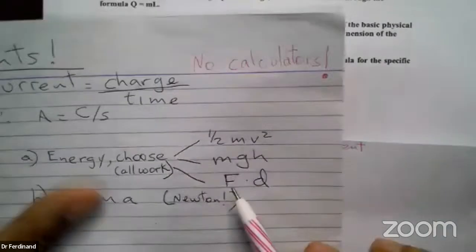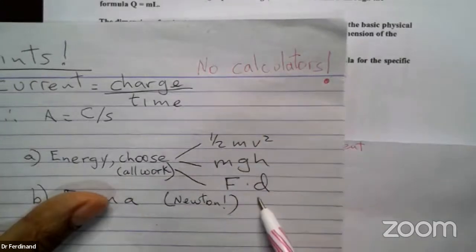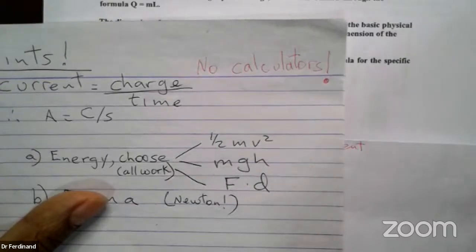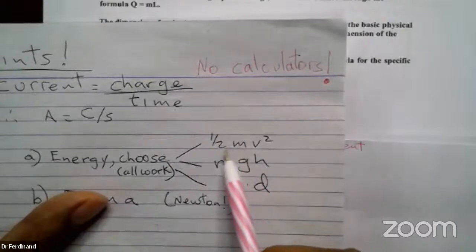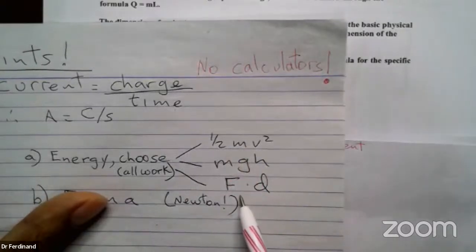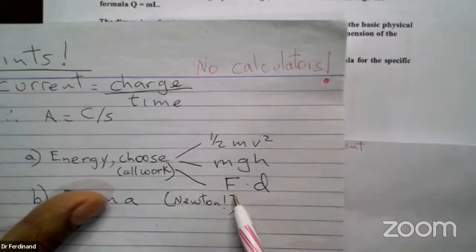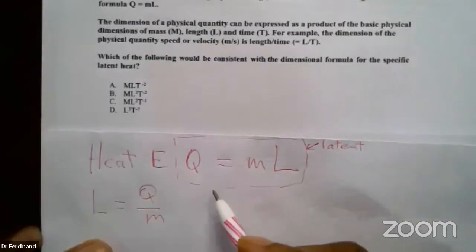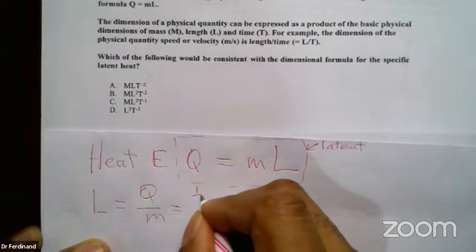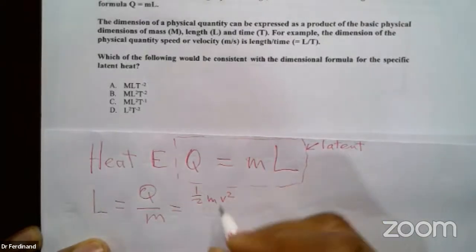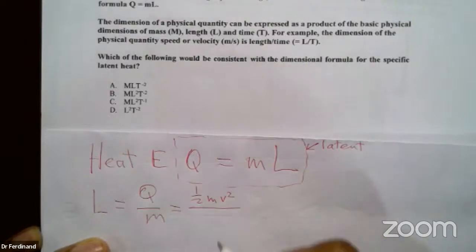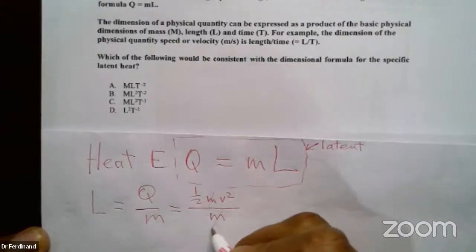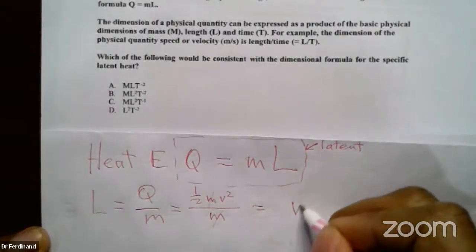And we already saw that heat energy can be any of these. So I can replace Q from a dimensional point of view, meaning the units, with any one of these three equations, and I'll get the same answer. I have to get the same answer. So any of these three would get the same answer. So I'm going to use 1/2 mv squared. So I've replaced energy with energy, and this is over m. Masses cancel, and I end up with v squared.